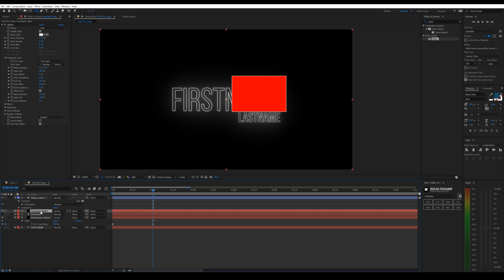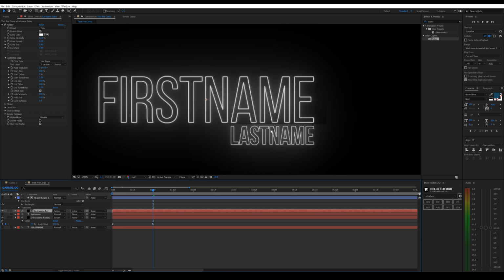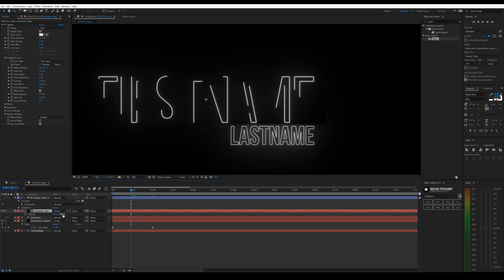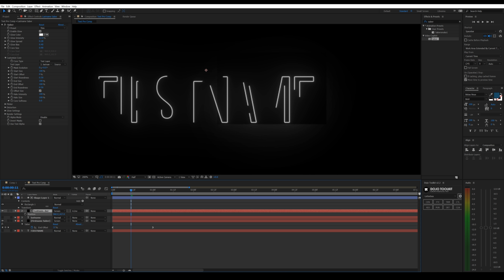And then go over to last name Saber, and then once again press F4, go to Track Matte, Alpha Invert Matte Shape Layer 1. It will disappear. That is what you're wanting. And as you can see, there's a little bit of weird stuff happening. We will fix that, don't worry. So now what we can do is we can move our position of this up, and it disappears, which is great. That's what we want. So move it up until it disappears,